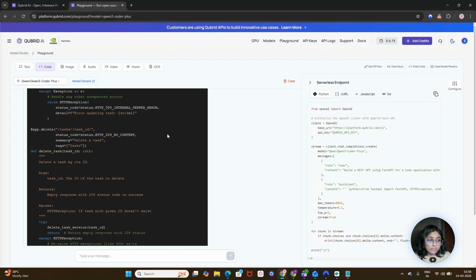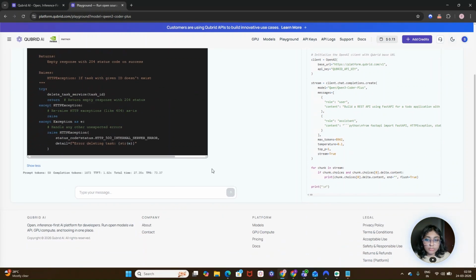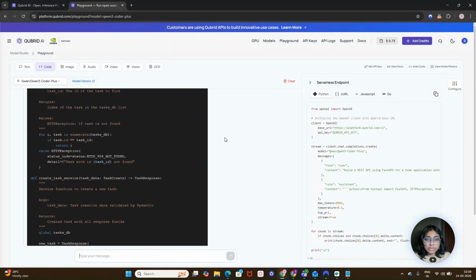So let's give it one more prompt. I think the error handling part it has already done.